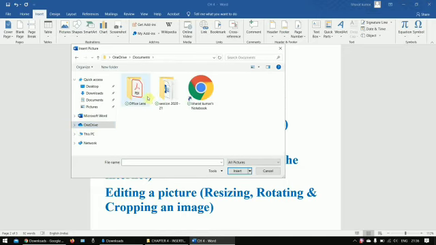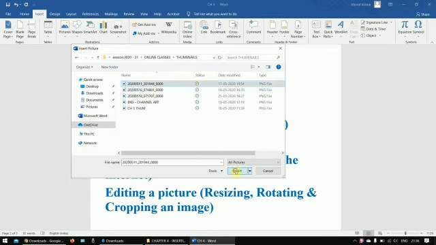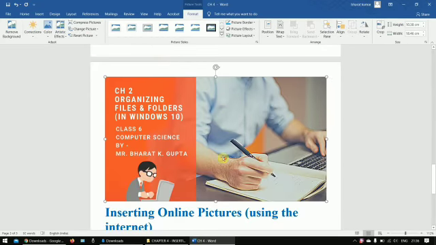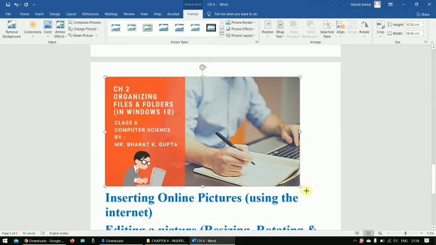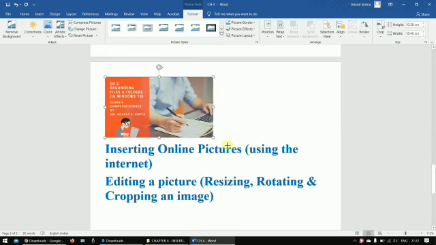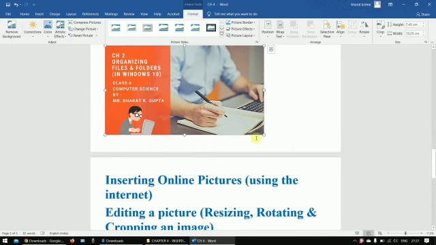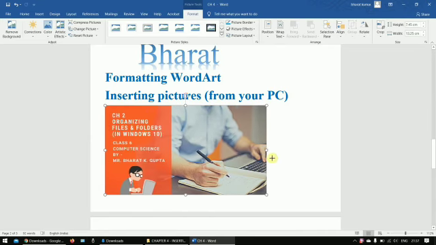Go to your option, then choose your location, and then see, we have stored some pictures in our document, and then click on it and your picture is inserted in your document. Where you have placed your cursor, you can insert your picture there. By dragging your mouse inward or outward, you can manage the size of your image.